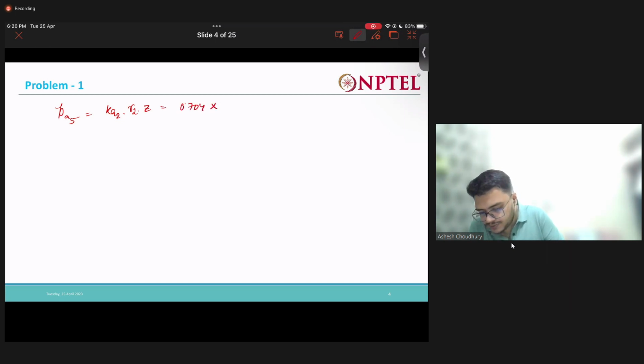Gamma for the bottom layer is actually 20, and there is 3. So 0.704 into 20 into 3, which is 42.24